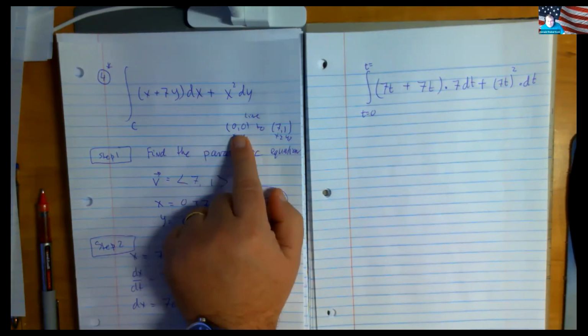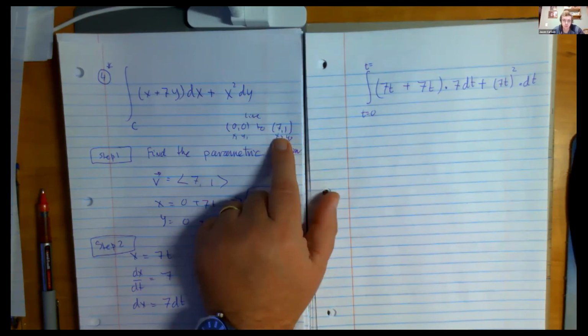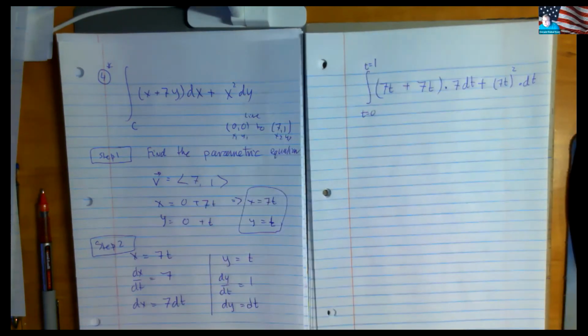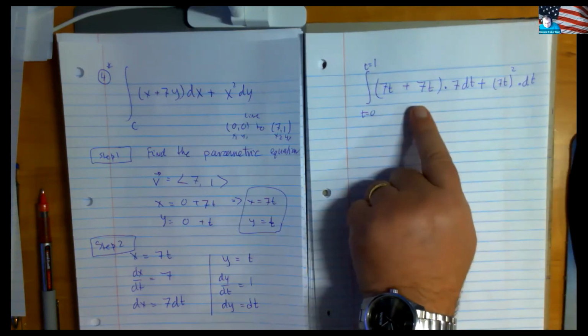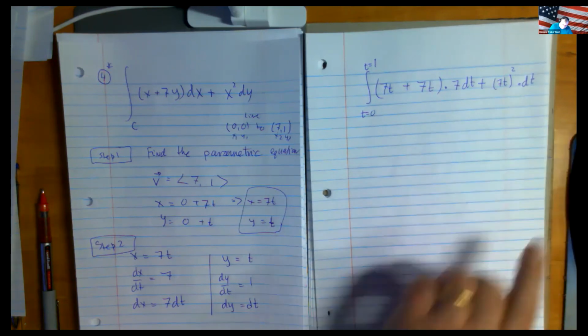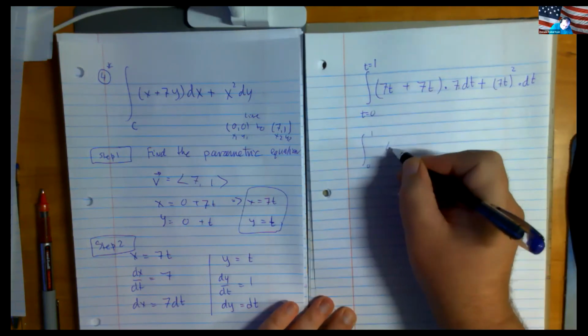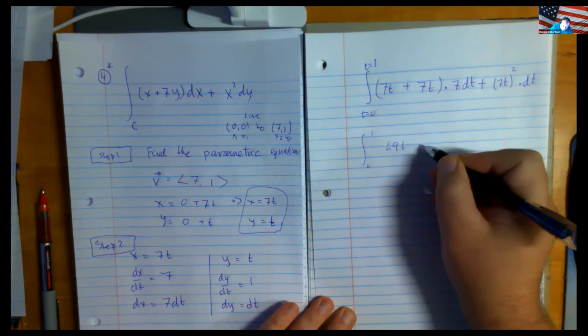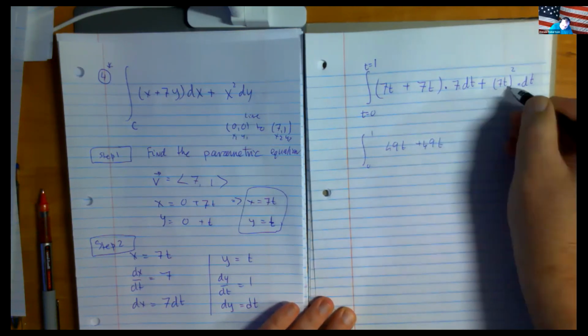If it's a line joining here to here, won't t equals 0 give you the start? What value of t will give you the second point? 1. Are we comfortable about where that 0 and 1 for t came from? Do you notice that this isn't your normal integral? It's kind of weird looking because isn't there a dt and then another dt? What you're allowed to do then is take 7 times that, that's 49t, 7 times that, I wish I'd added them together, but too late now, and this guy,